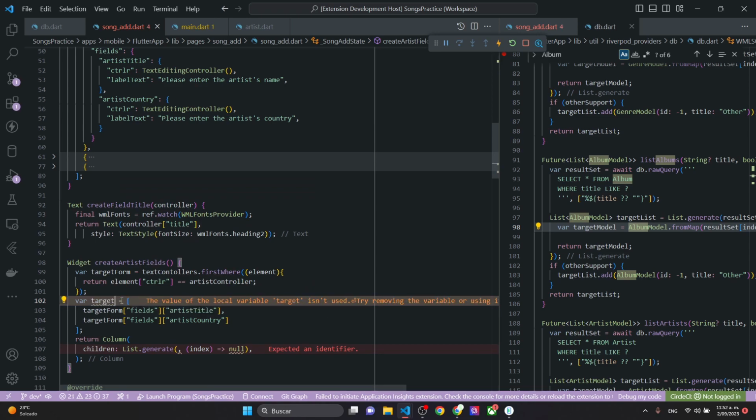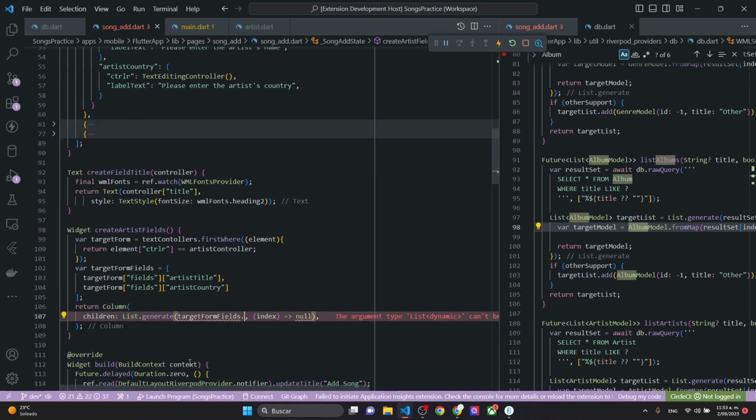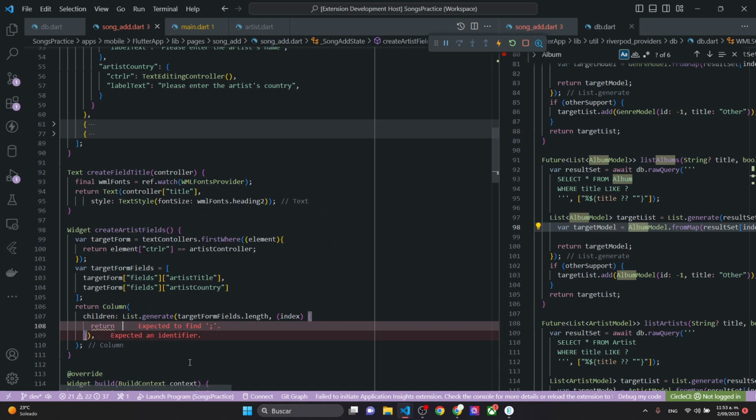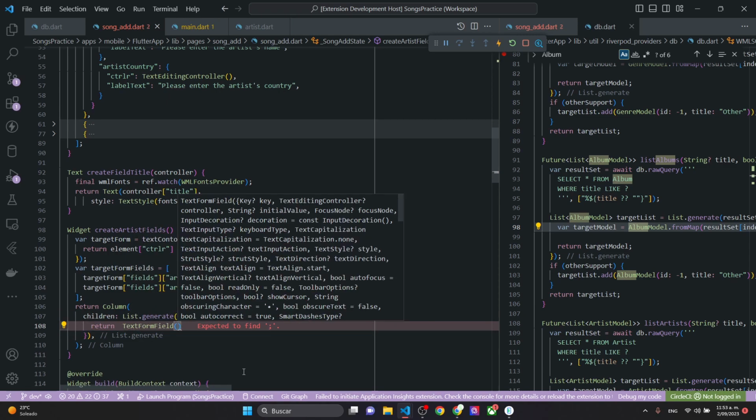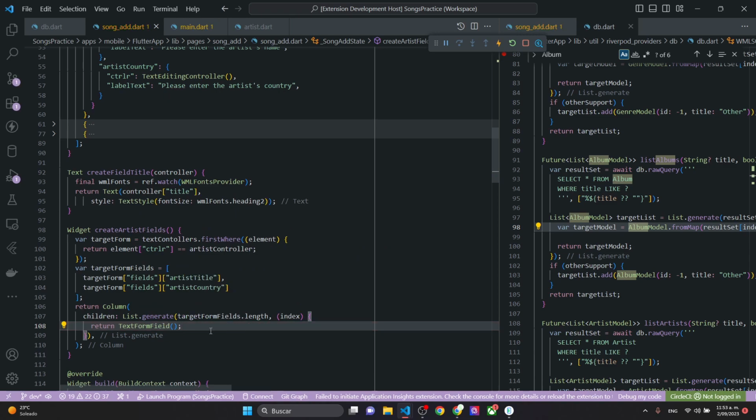Say target form fields. Say form fields, but you know it might be generic. Something that interferes with it. Dot length. Text form field. Not necessarily going to happen, but